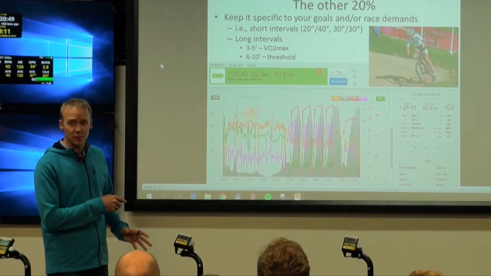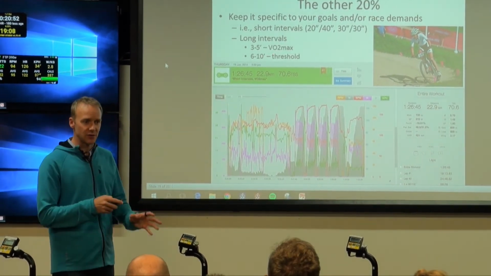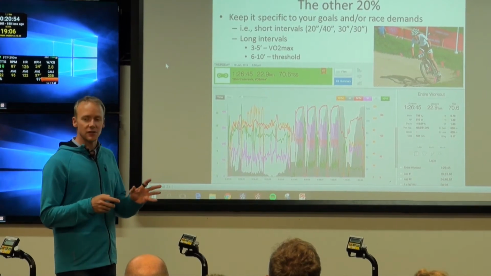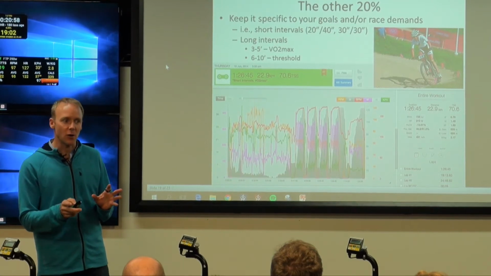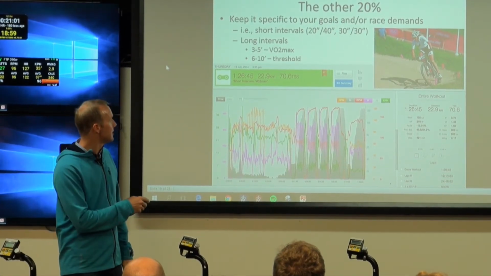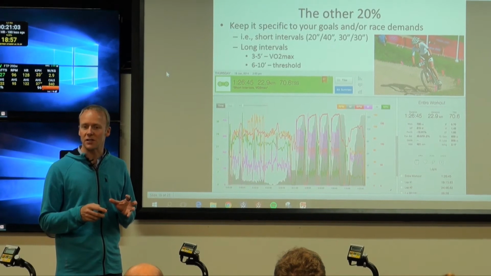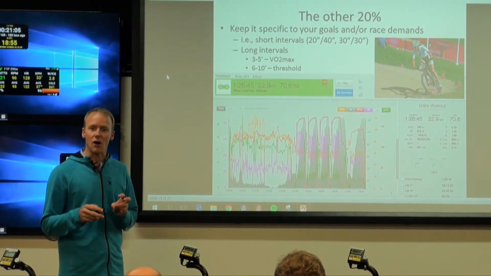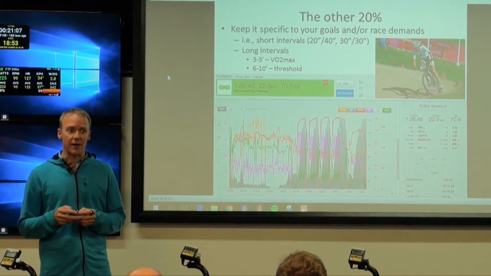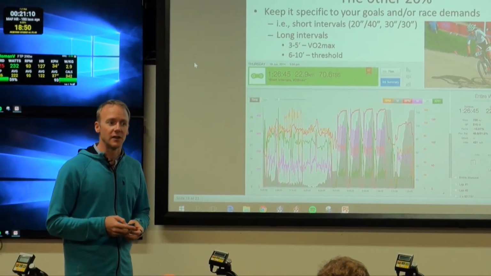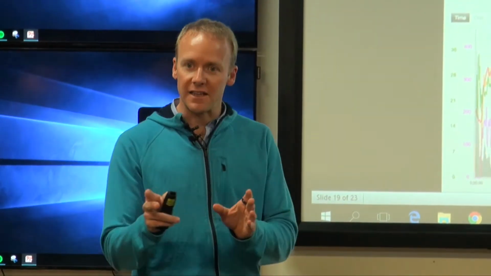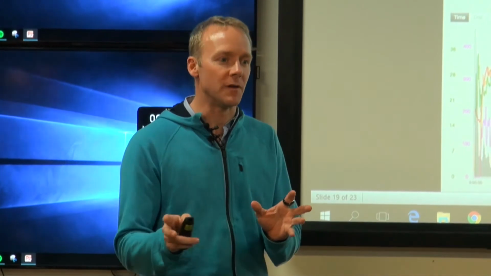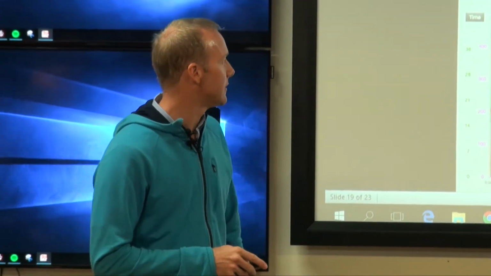And then long intervals. These ones are very taxing. The VO2 max intervals we spoke about before are vital to the performance of the elite athlete. The 5-minute MMP, 5-minute max mean power that we talked about before, your VO2 max. But they're incredibly stressful, and you really need to be cautious with how much you're giving your athletes or giving yourself, because this is where you can run into those big cortisol responses, the big adrenaline responses. Important in the lead up to key events, but caution about giving this too often.